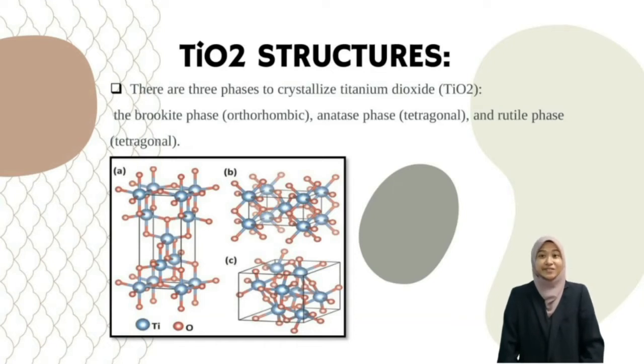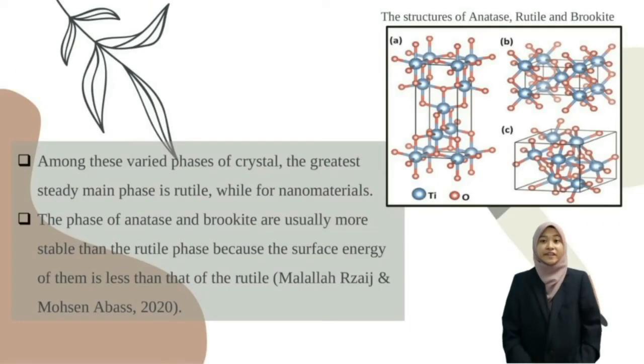There are three phases of crystalline titanium dioxide, primarily existing in three forms, including the brookite phase, which is rhombic, the anatase phase, which is tetragonal, and the rutile phase, which is tetragonal. This figure shows the structures of these three phases. Among these various phases of the crystal, the most stable phase is rutile, while for nanomaterials, the anatase and brookite phases are usually more stable than the rutile phase because their surface energy is less than that